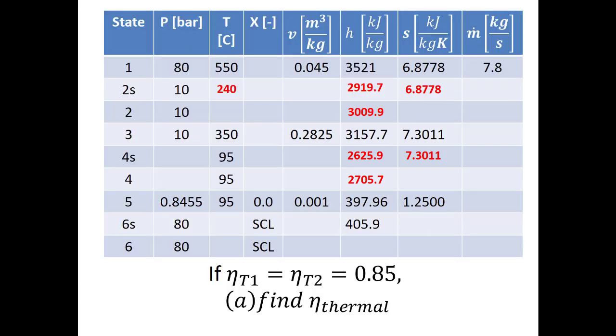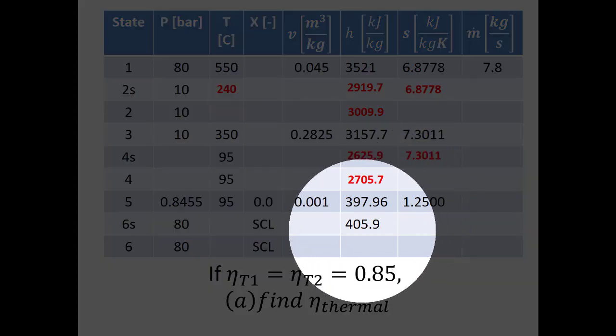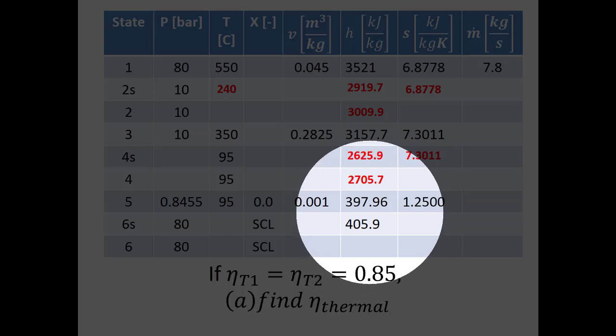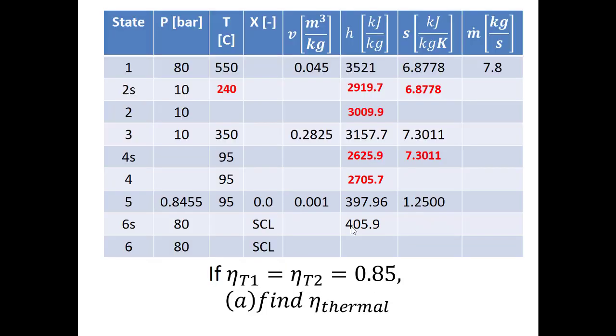Because when I was looking at my isentropic efficiency equation, the things that I didn't know were H2, H4, and H6. And now I already found H2 and I already found H4, right? Now, oftentimes on a test, and I think on the test last night, we didn't get the isentropic outlet of the ideal turbine or the ideal pump. So we had to calculate this using V times delta P, right? But here in this problem, they're nice to us. They give us H of 6S.